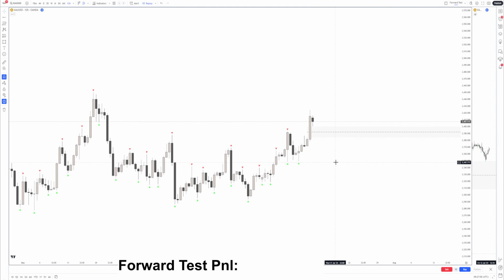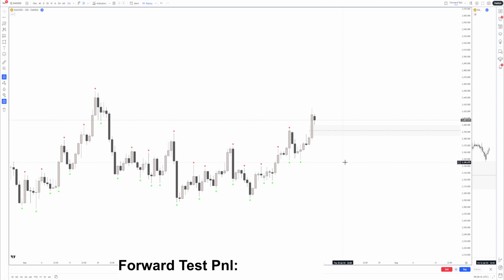And all we're waiting for is price to come down into the fair value gap, preferably in the middle of the fair value gap, which is easily possible by you selecting a rectangle, and then you got the middle line of that rectangle. Fairly simple. Once price is at this level, we are then going to be